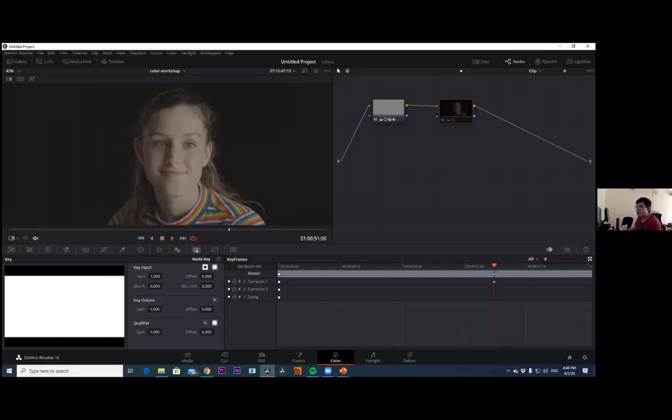All right, and then I need to find a key point to start fading out. So let's say, for example, let's play back the shot again. Here, I want the look to start changing. So how do I do it? I need to mark a keyframe again, add keyframe, and then